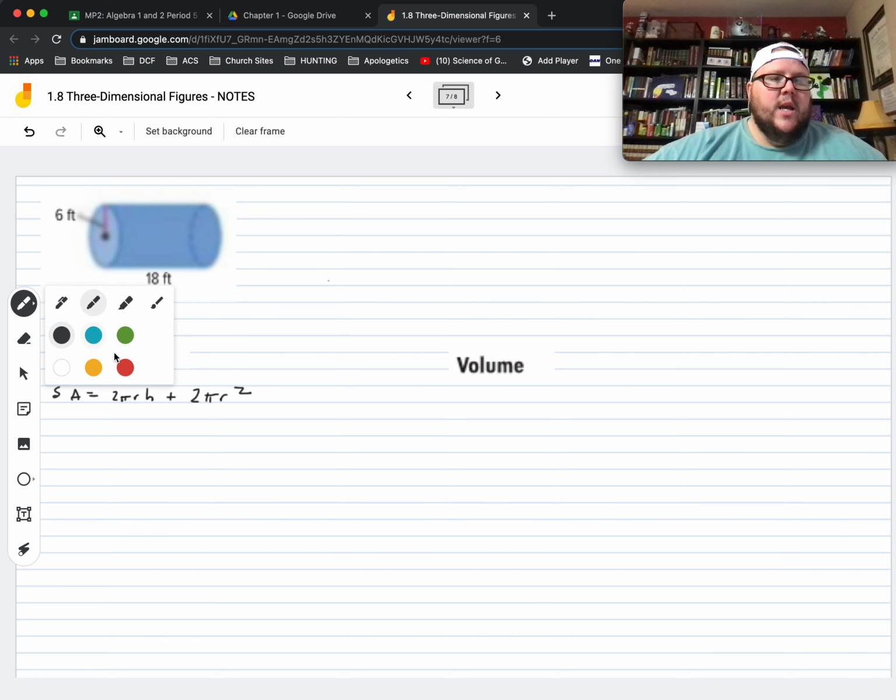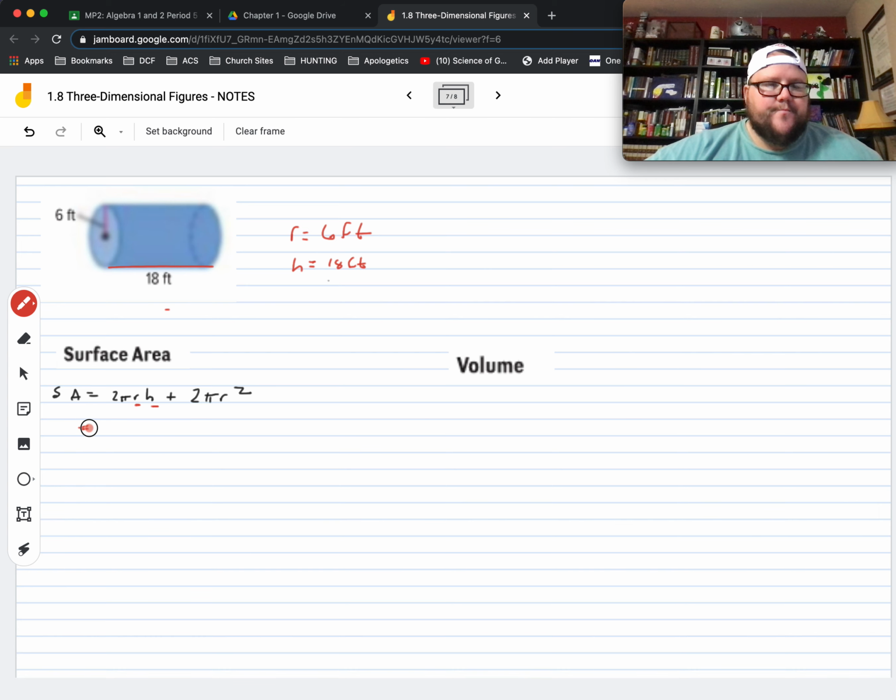So if you notice, the only things we need to know for surface area of a cylinder is the radius and the height. The radius is 6 feet. That's radius, so R, so I'll write that here. R equals 6 feet. And our height is our length here, which is 18 feet. So now we're just going to plug it in. 2 times pi times R, which is 6 feet, times H, which is 18 feet,